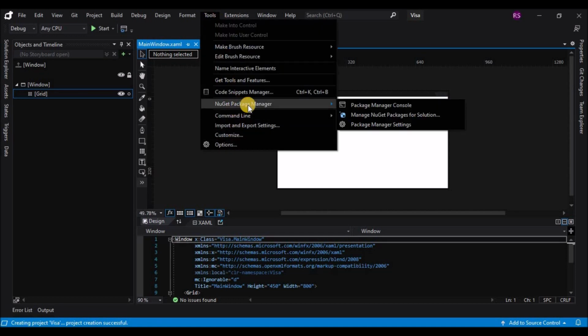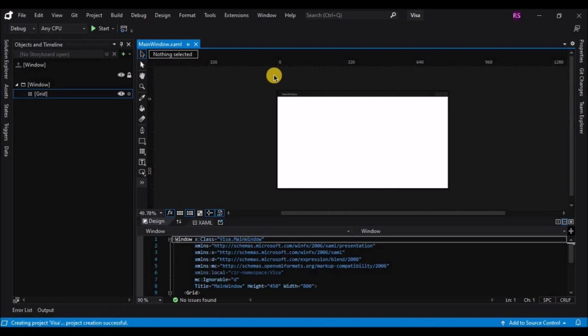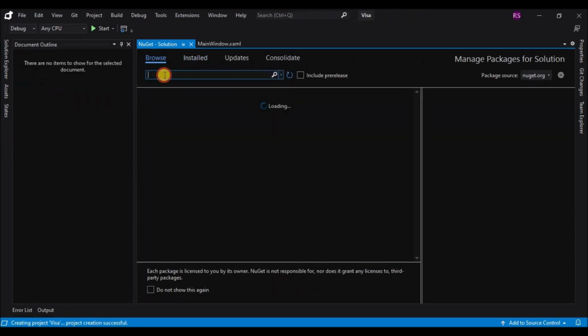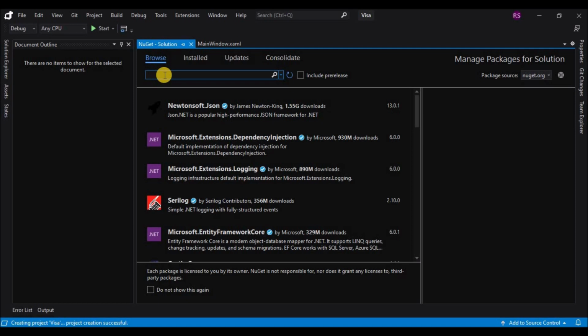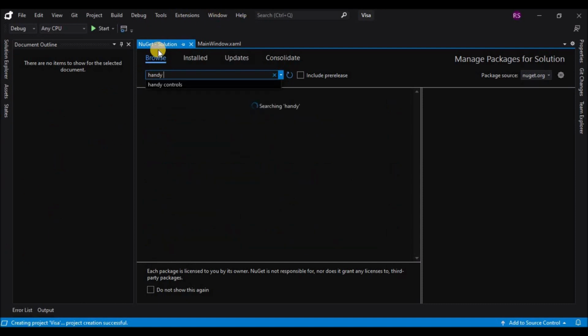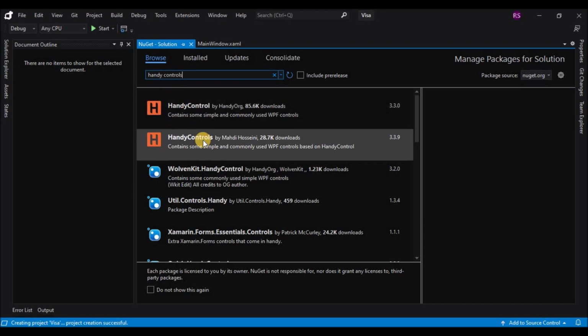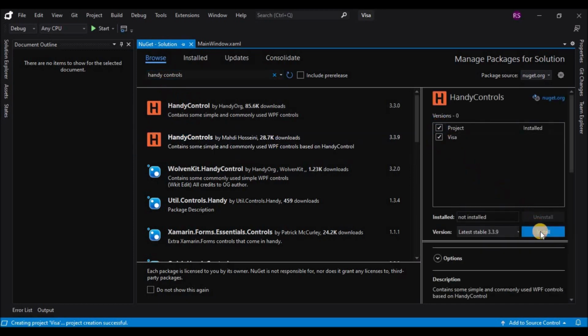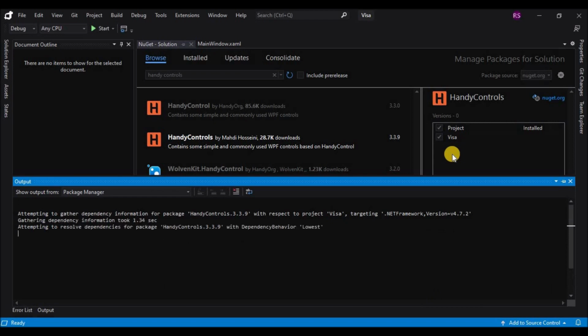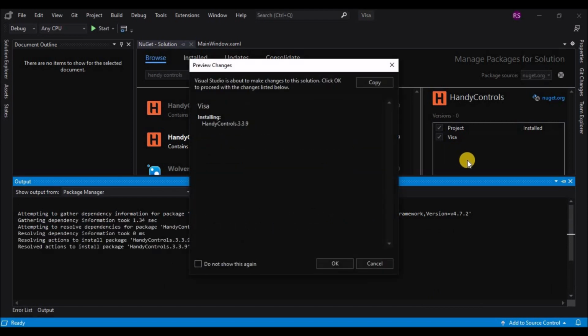Now let's go to tools and go to NuGet package manager and install the Handy Controls package. So let's go to browse and search for Handy Controls. Okay, and select the second link. Okay, and select the project and click on install. Accept the terms and conditions. Click on OK here.